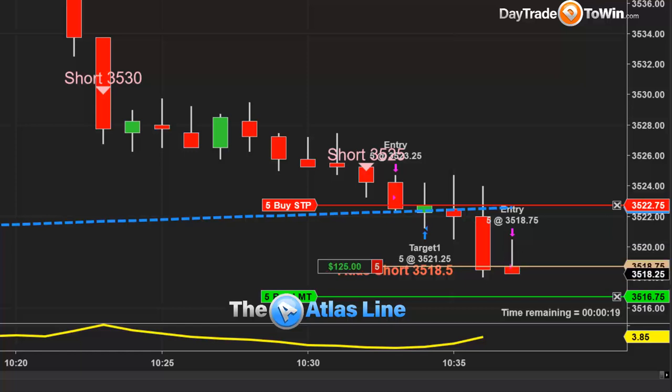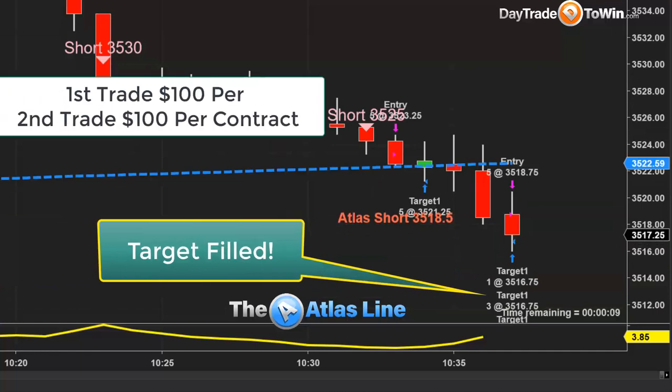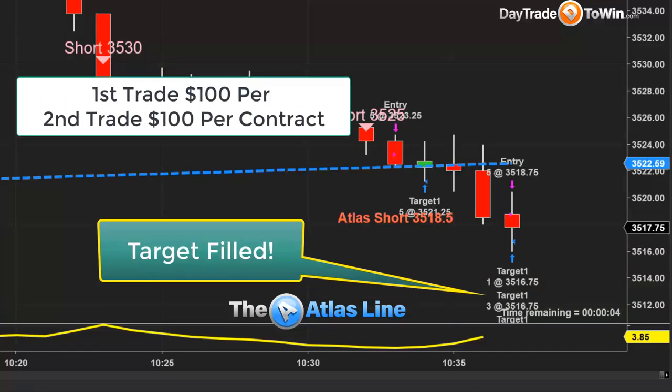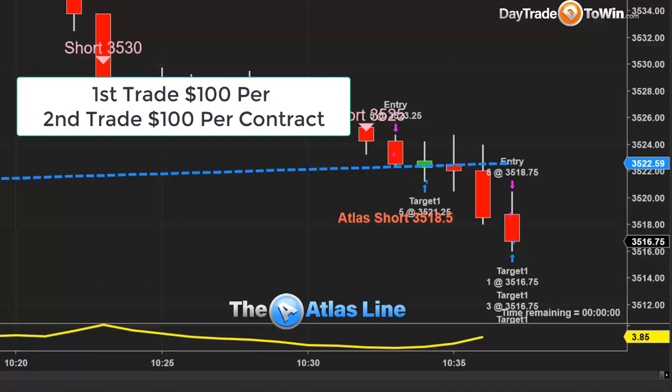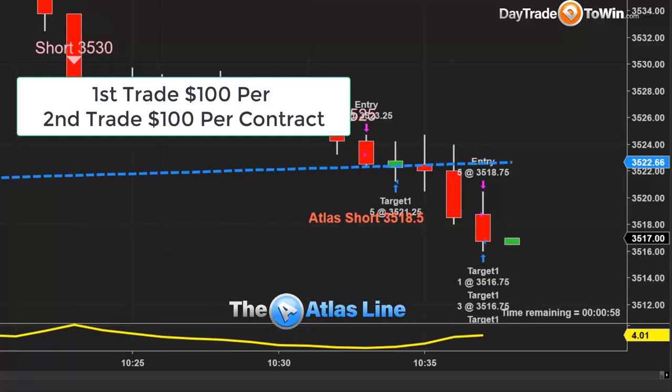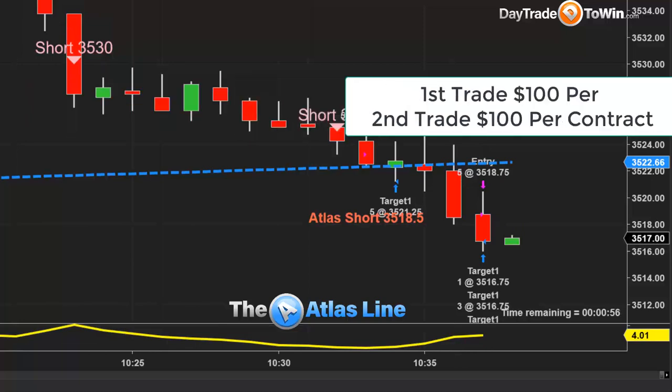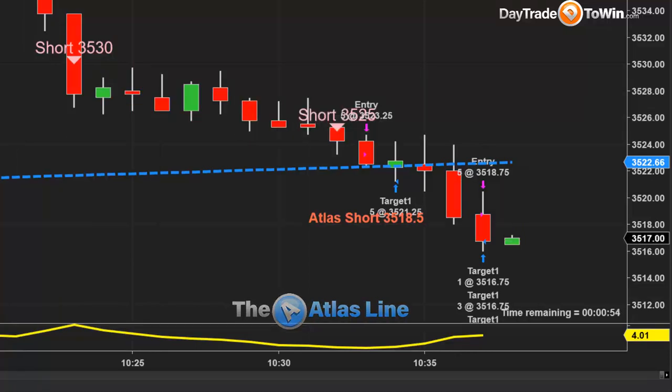Okay, so a faster profit target is always the goal. Don't hold on to trades for hours on end, and we look for the next trade. So it's a good thing here. The market's going in my favor. Target filled. Finished. You're out of the trade. Those of you who are taking this Atlas line trade short, consider getting out of the trade as well. Look at the profit target based on the ATR. That's what I teach, and that's what you should be looking at.